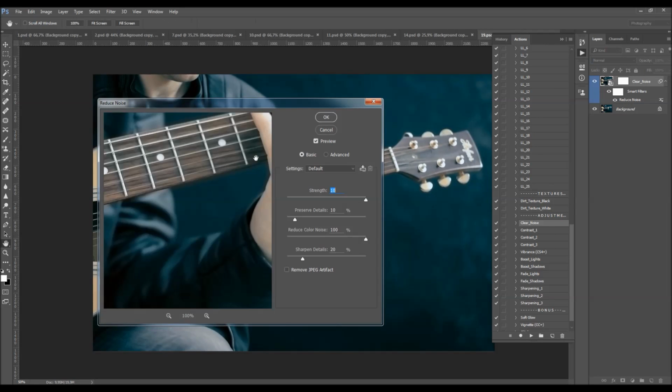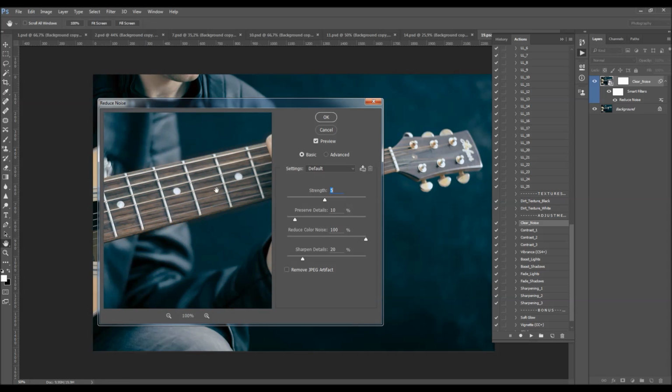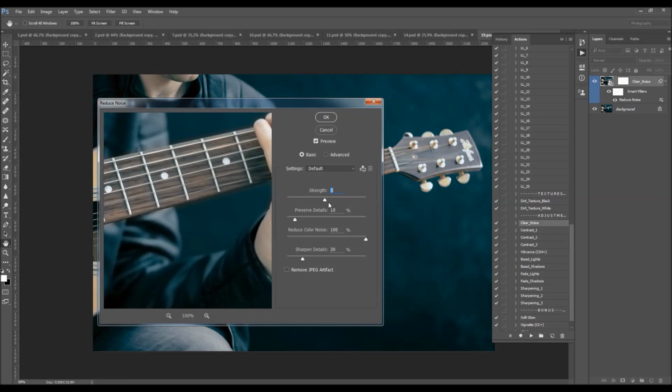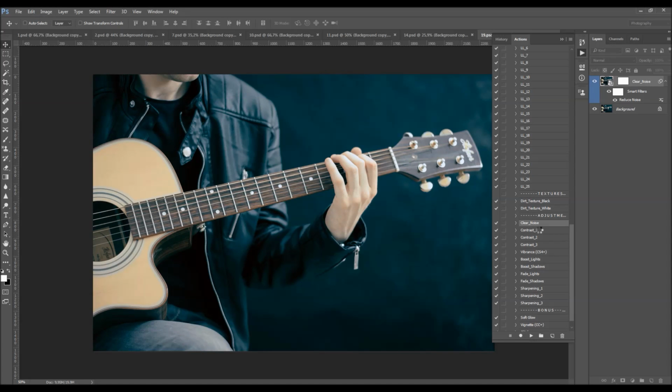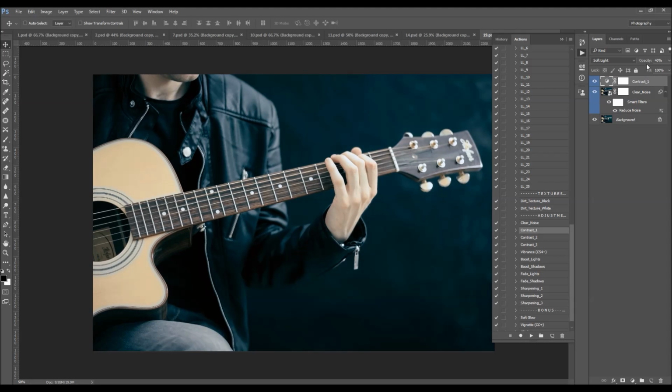I'm going to double click here and lower the strength of the reduce noise, and preserve more details a little bit, and lower this, something like this, right? And I'm going to add a little bit of contrast, and the vibrance,